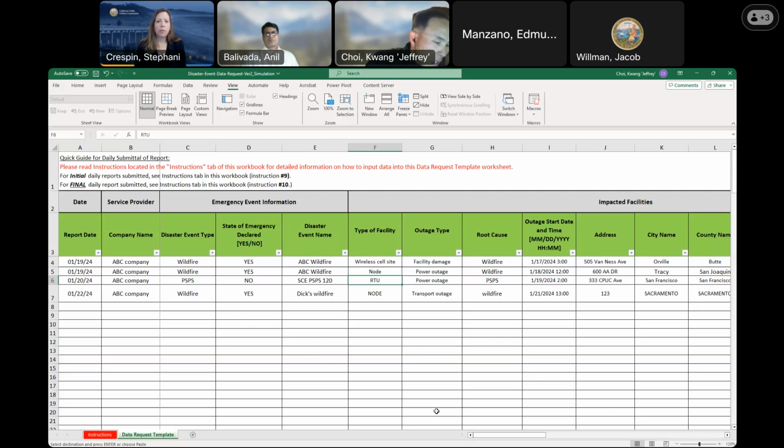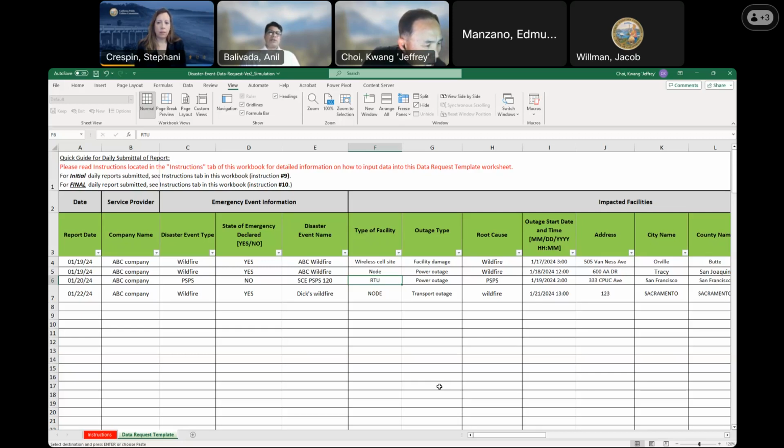Is it? I'm not sure. Let me add, Jeffrey. If I understood correctly, the question is basically if there are two events happening simultaneously at a given time, and if they have to report both events. I believe the question is if they have to submit two different versions of the template, or just in the same template they can provide the information.